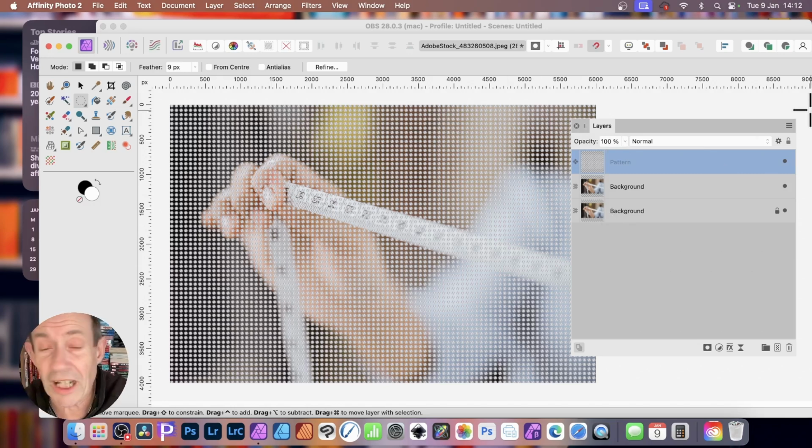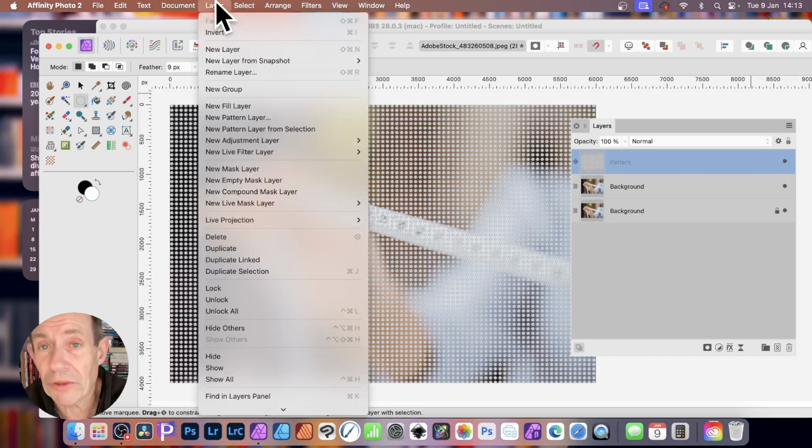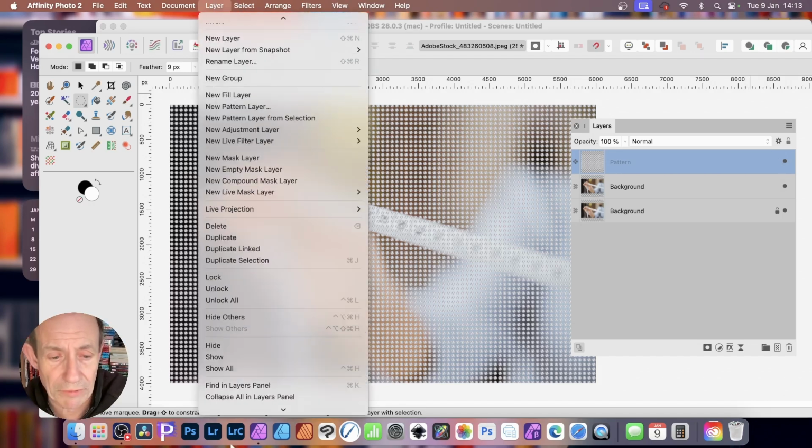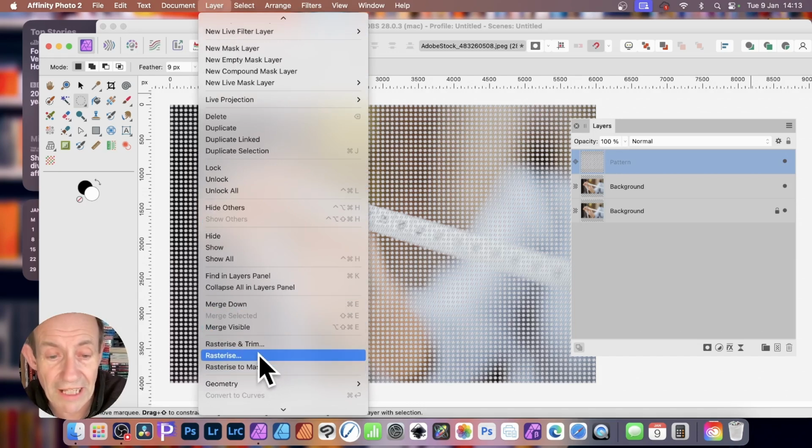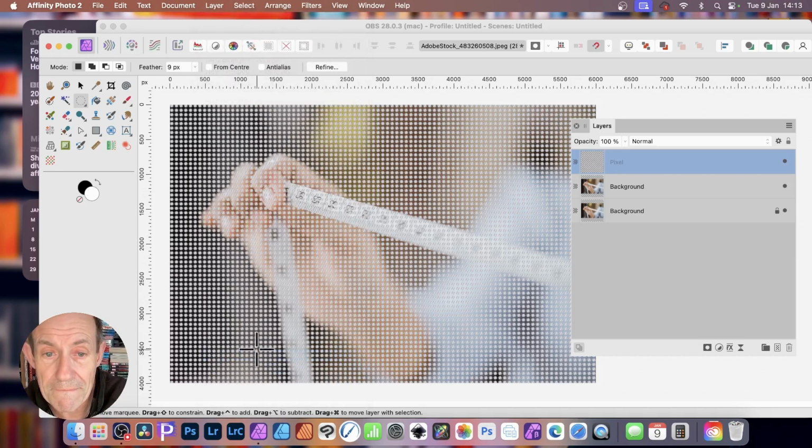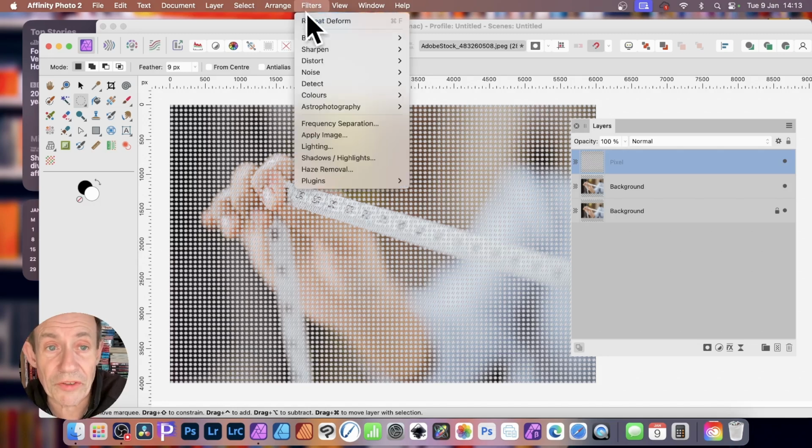But the next step is I want to turn that into a mask. But it does look a bit uniform. That's the one trouble with patterns. It's not very random. So you might like to convert it first. I'm just going to quickly go. Now you could of course go to the mask side, perfectly reasonable, but I'm just going to rasterize that and work from that. With that design, I can now manipulate it, use filters, and you can see I've already got deform there,